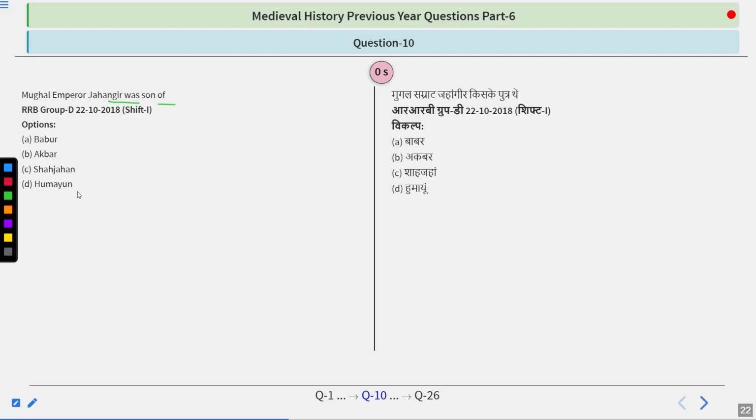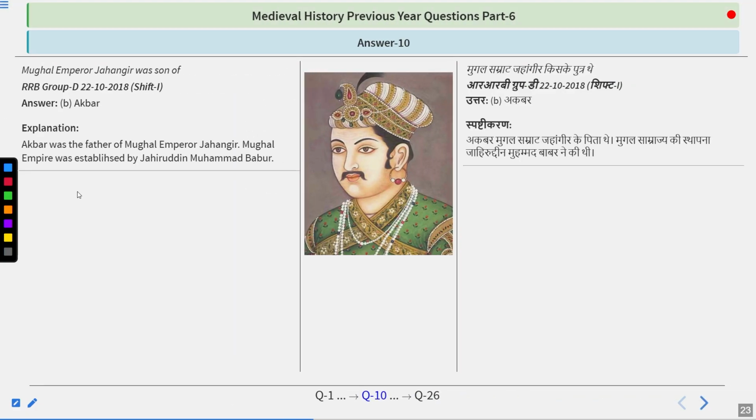And I guess you have figured it out. The answer is Akbar. So Akbar was the father of Mughal Emperor Jahangir. Mughal Empire was established by Zahiruddin Muhammad Babar. So Akbar was the father of Mughal Emperor Jahangir, and Jahangir had a dispute with his own son, and his name was